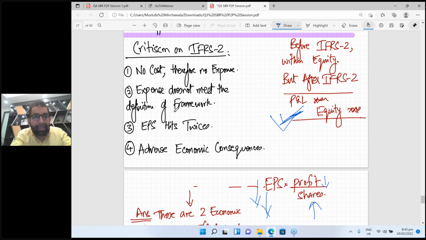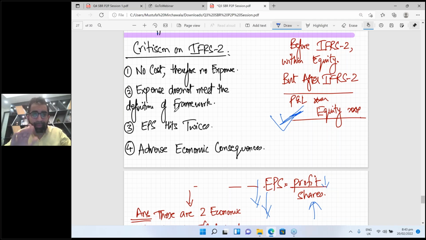Listen, people said one thing about share options. If you have studied SBL paper or F1 paper, when you give share options to your employees, there is one word which we call alignment of interest. Because when you give share options to employees, you are basically giving ownership to employees, so the interest of the organization is aligned, and they really work hard faithfully for the organization's interest. Because now they are owners. So it's very good if some company is giving share options to employees.